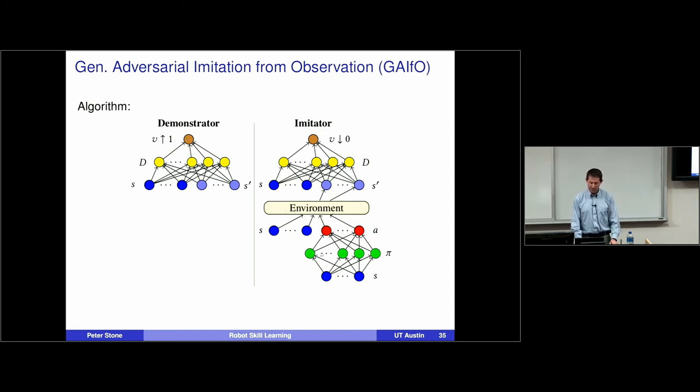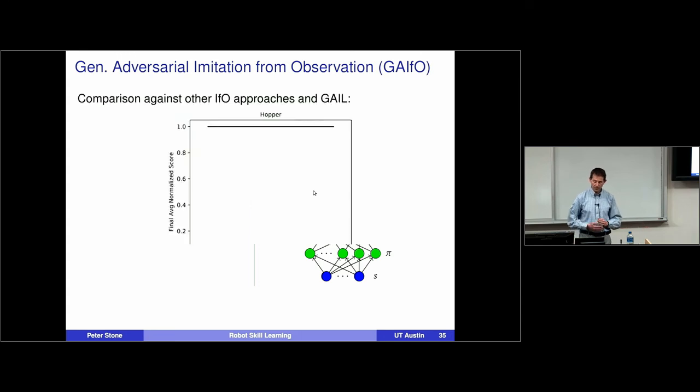And then on the imitation side, you learn a generative policy, shown in green here, a controller that's taking the state and outputting an action. That state and action gets sent into the environment, and then the result can get sent through that same discriminator, and the discriminator is trying to tell the difference between the state transitions that were generated by our generative policy and by the demonstrator. The policy is trying to learn a state trajectory such that the discriminator can't tell the difference. So that's what makes this an adversarial network. And in the end, you get a policy that gives you an indistinguishable state transition profile from the demonstration profile.